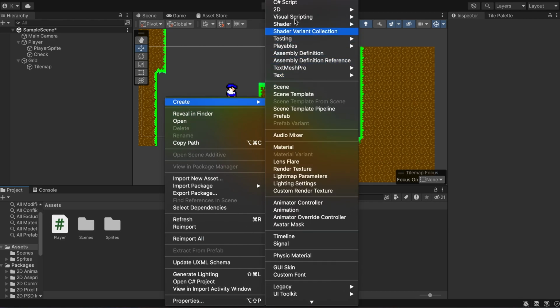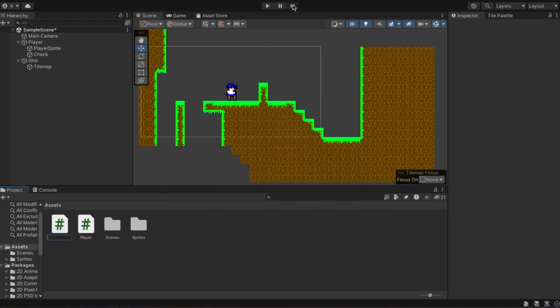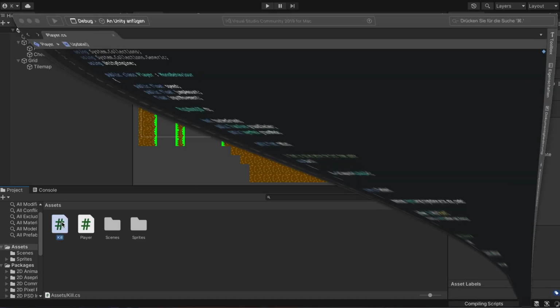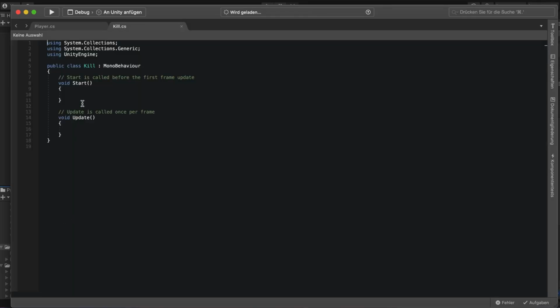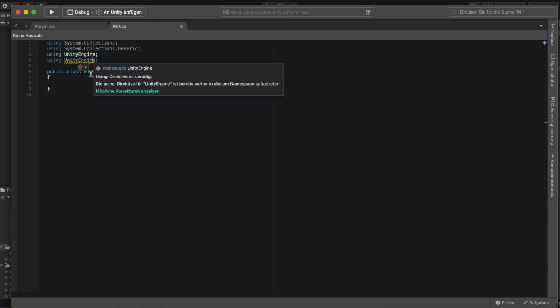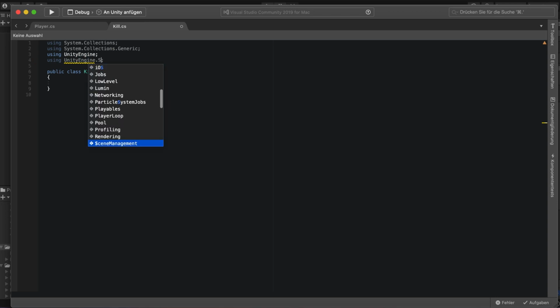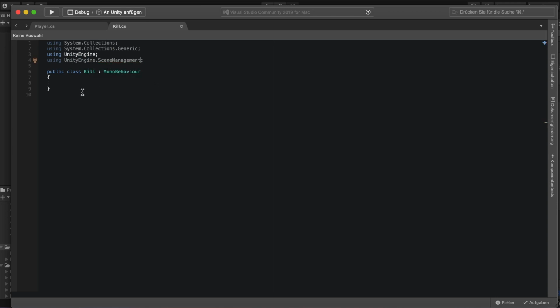So to kill the player, actually, we need another script. So let's create another C# script, and let's call that kill. And this will be a way more simple script. We can just get rid of all of that, and we can add here, we can copy that. Let's paste it here. We can add Unity Engine dot scene management, and now we can do here on trigger